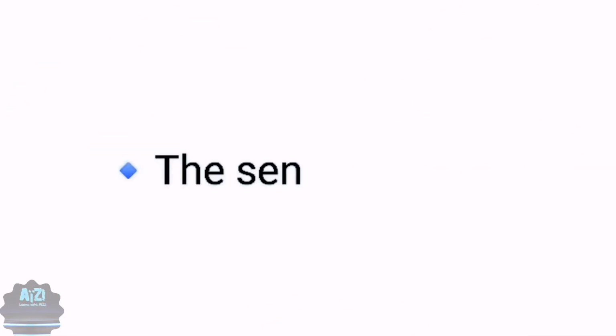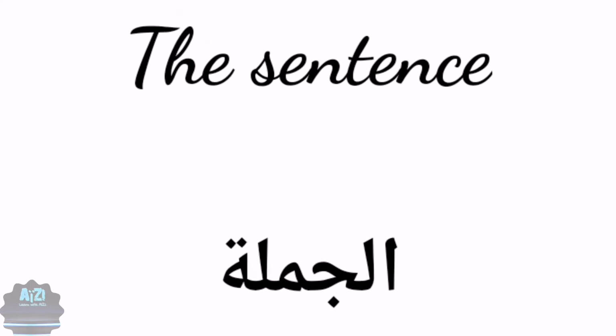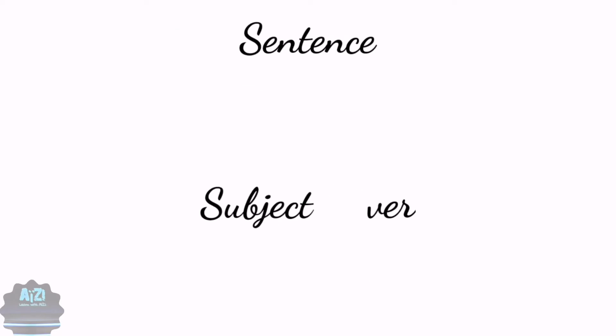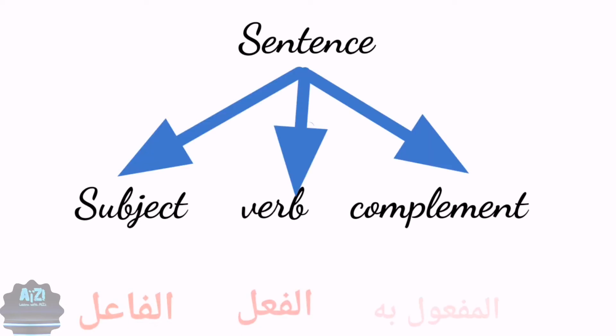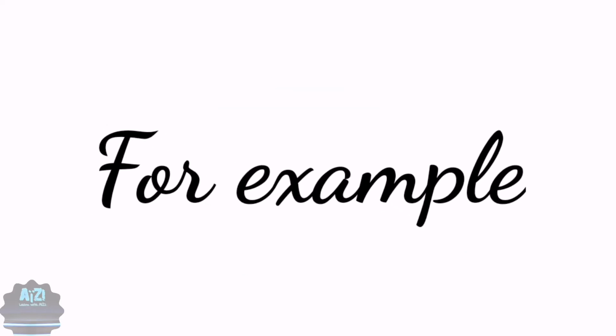Grammar lesson. We will see the sentence, the subject pronouns, and the verb to be. First of all, what is the sentence? The sentence is composed of three parts or three components: the subject, the verb, the complement. Subject, verb, complement. For example,